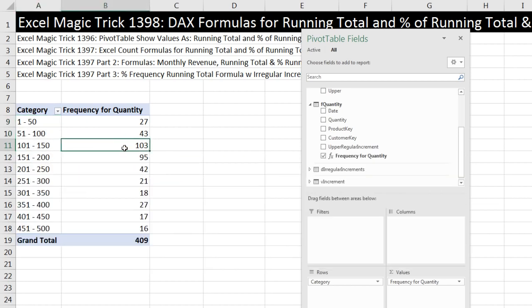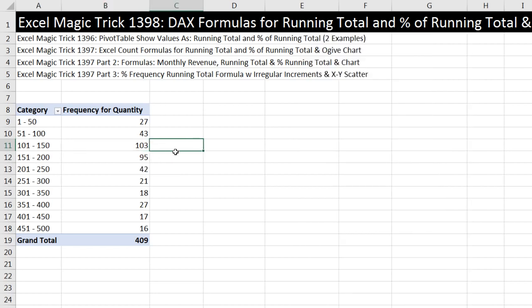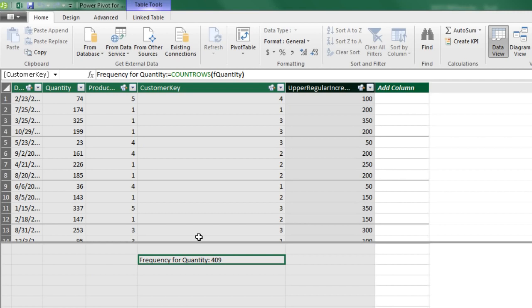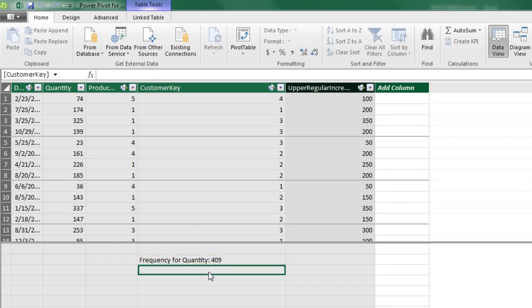So how do we do that? Well, we're actually going to have to change the filter context. Because remember, the running total formula is going to be sitting right here and trying to look at that one category. But we need it to see all three. Now, the way we can change the filter context, Alt-Tab, back over to our data model, is by using the